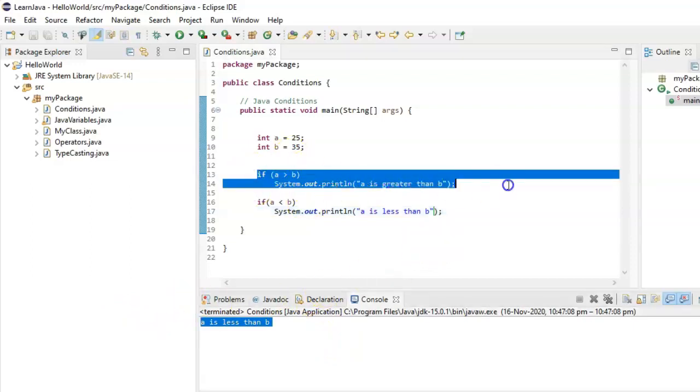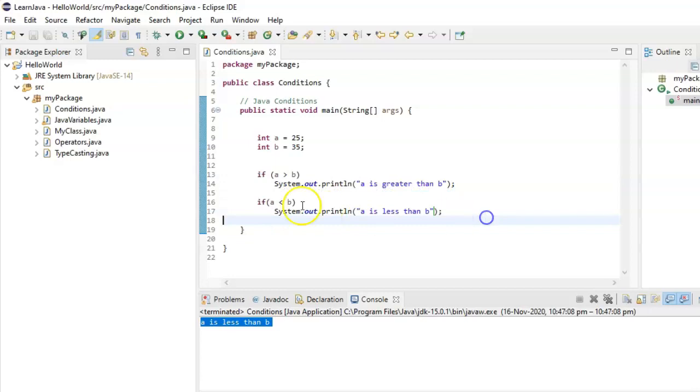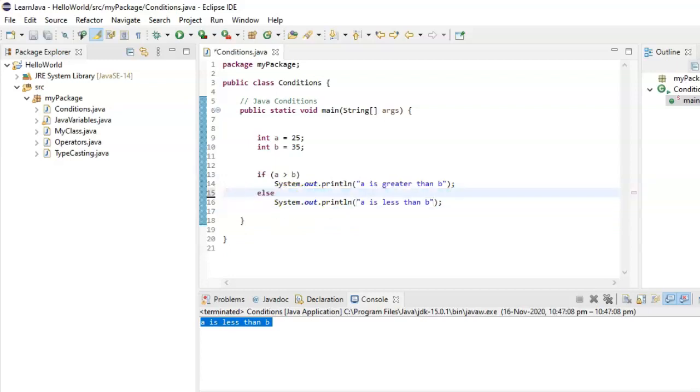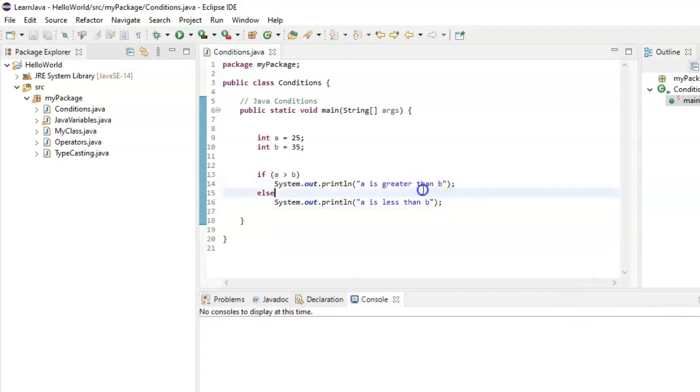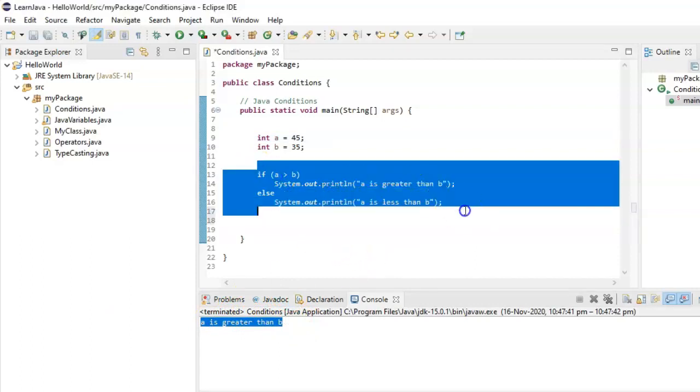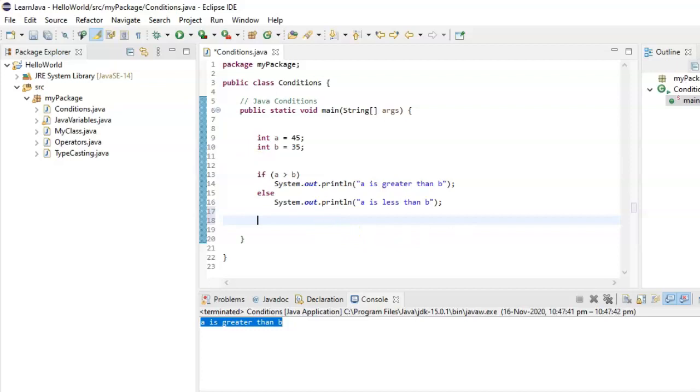So without writing two if conditions, we can write this in one common block where we know that if a is greater than b, print a is greater than b, else print a is less than b. So now we can see this condition here, a is less than b, and if I type here if 45 and print, then a is greater than b. Okay, so do you know that we can write this if else block in one line of the code